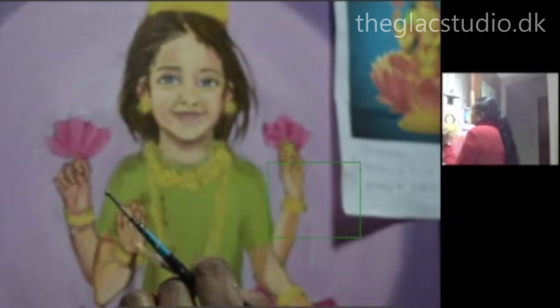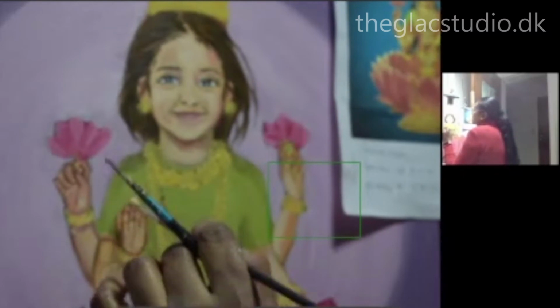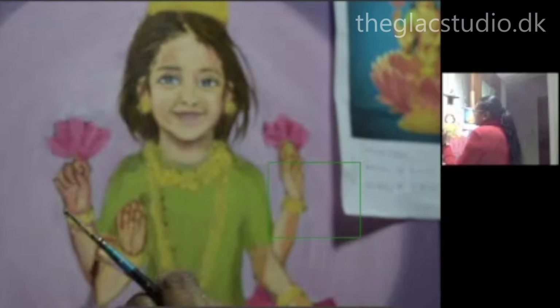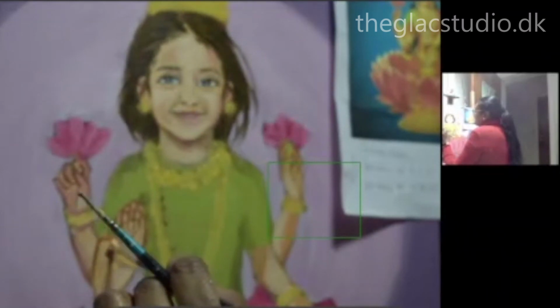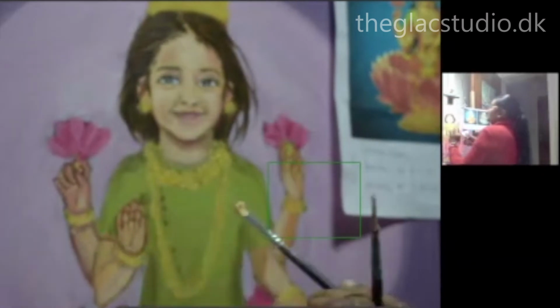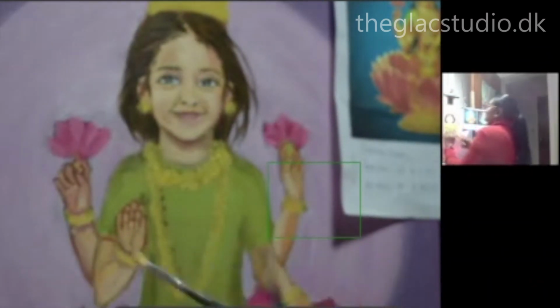So do keep that in mind. I'm just giving it the shadows, and I'm working on the contour, blending it in ever so lightly so it doesn't look like it's added. So there is this contour lining, but it isn't necessarily